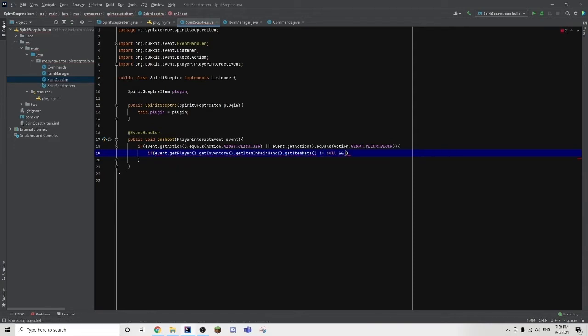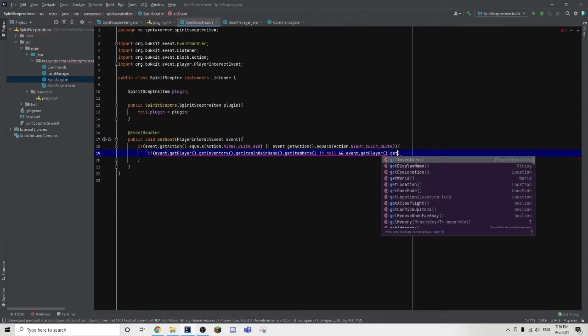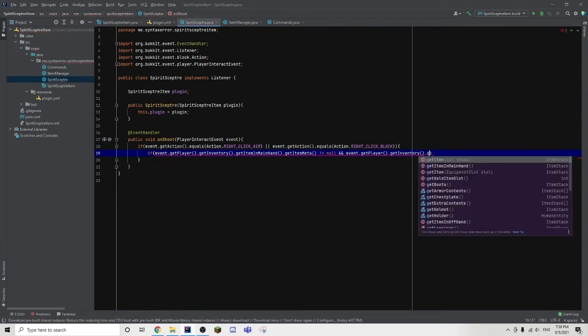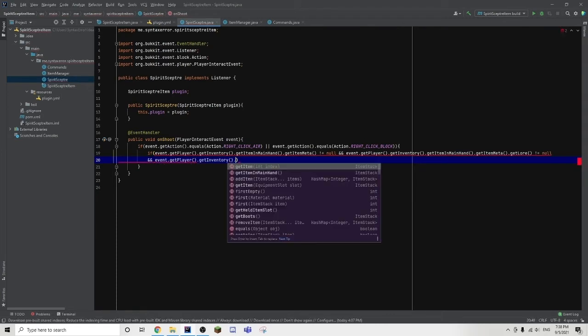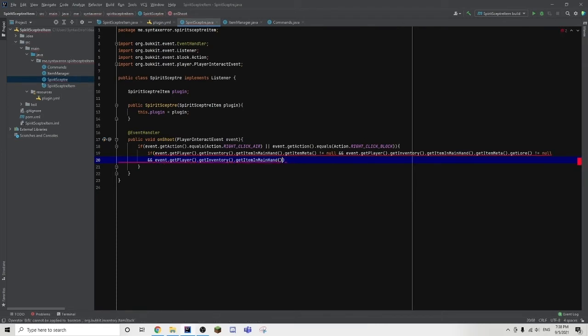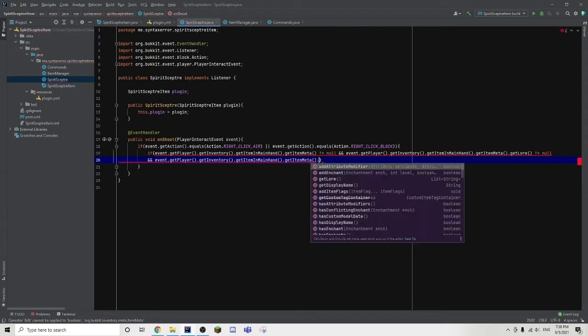And event.getPlayer().getInventory().getItemInMainHand().getItemMeta().getLore() is not null. Now I'm just going to press enter so it's slightly easier to see. And event.getPlayer().getInventory().getItemInMainHand().getItemMeta().getLore()